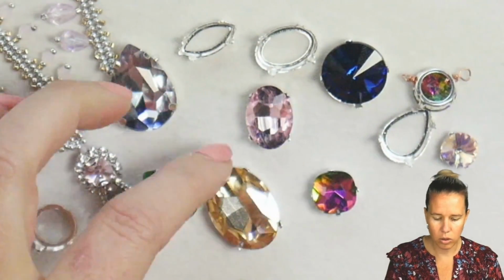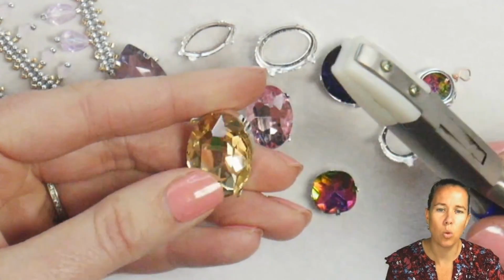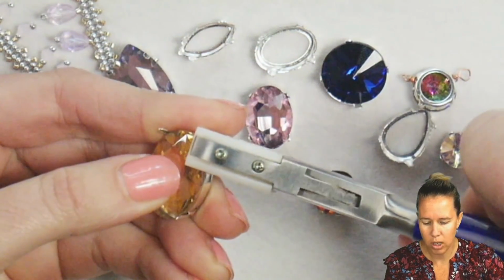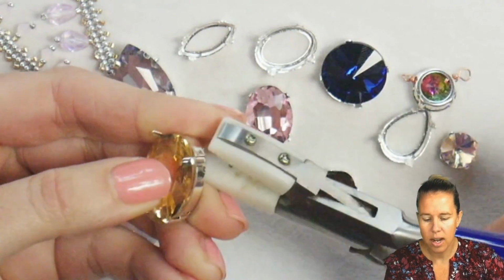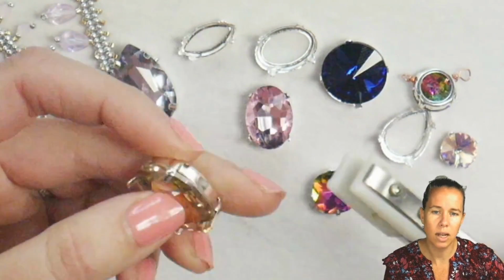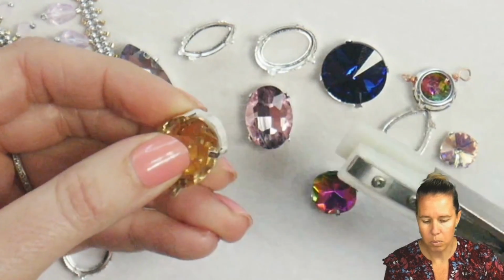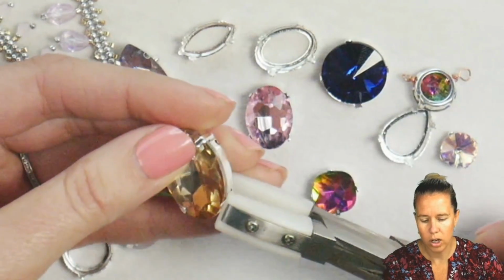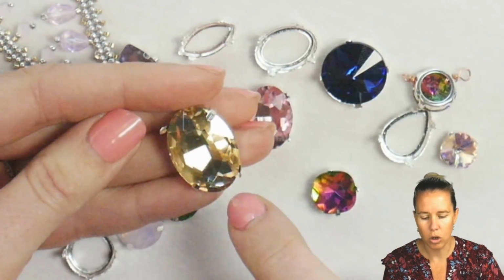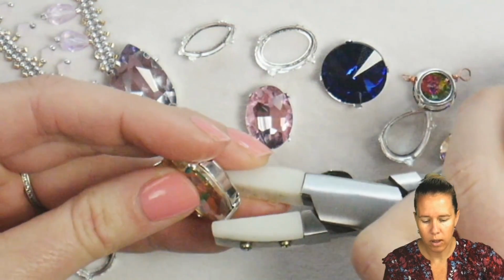Let's go do the oval here. So I'm doing this oval setting, and obviously I don't want to scratch my crystal. So the nylon jaw is nice because I can go in and push that jaw down, and the nylon itself is not going to scratch the crystal. When you do one side, you're going to flip over and go to the opposite corner. Simply pinch that over, then again, go over here. You'll notice I'm doing them on the diagonal, and I'm not doing them around in the circle. That's going to make sure that your piece stays a little bit more centered. Go in here then, do the last one,